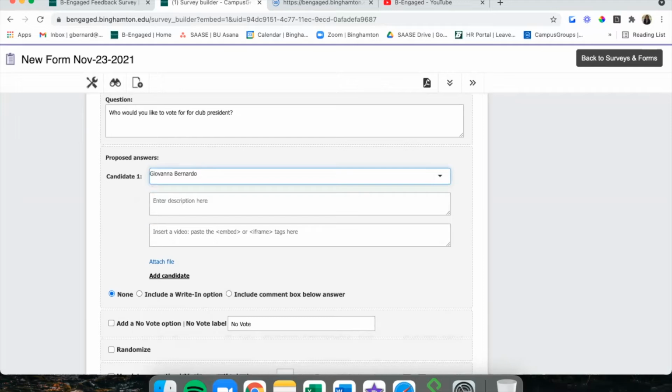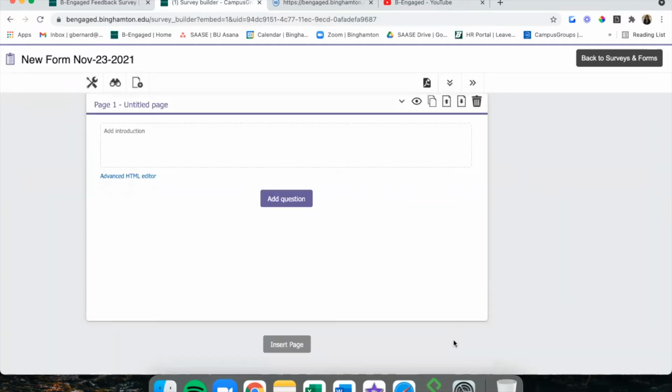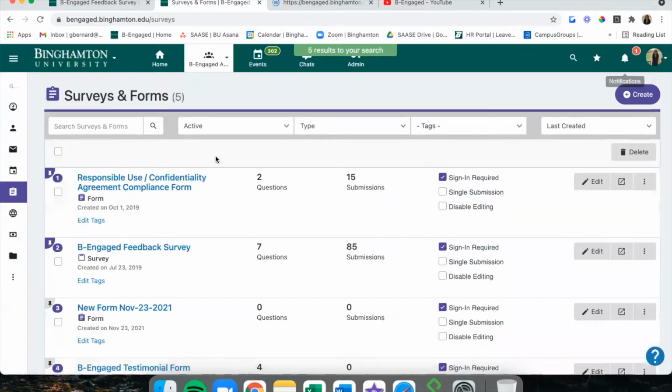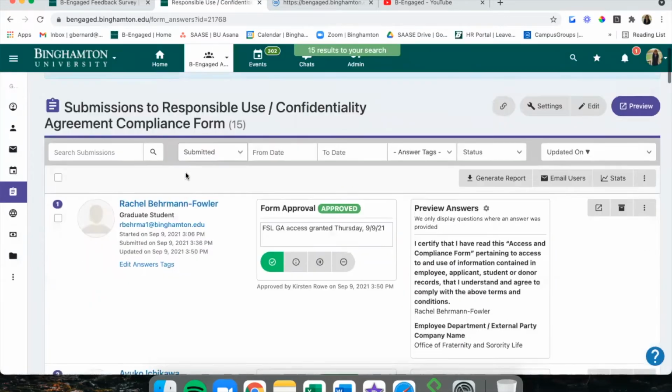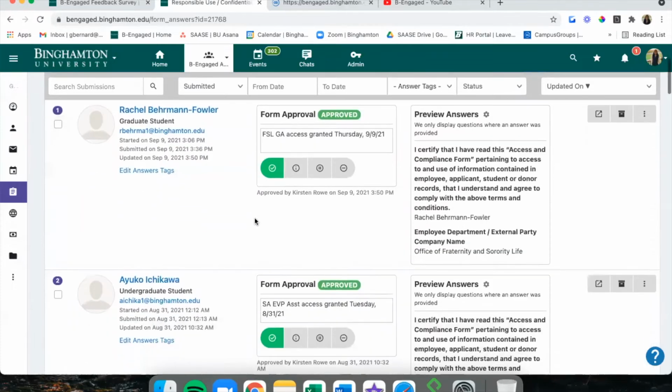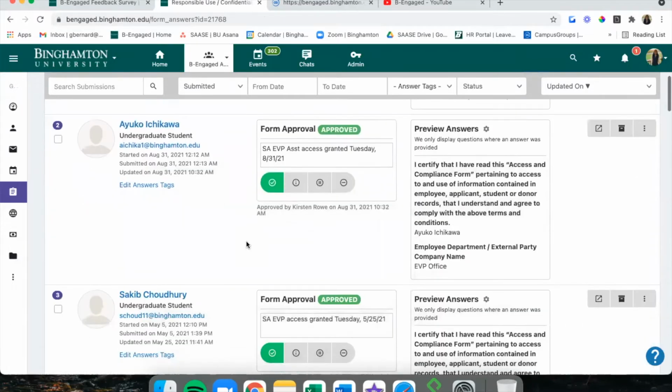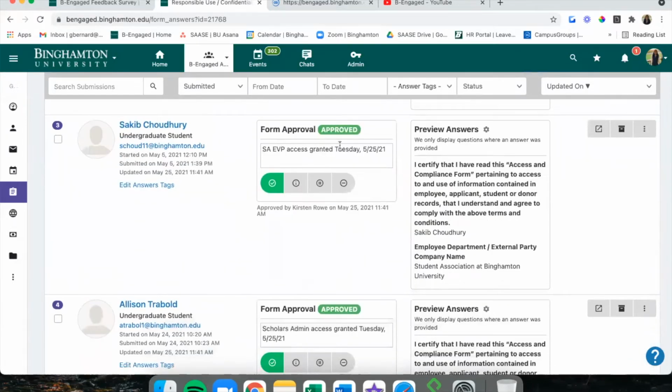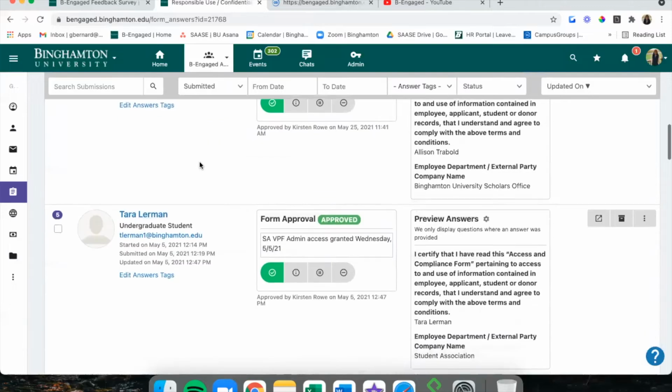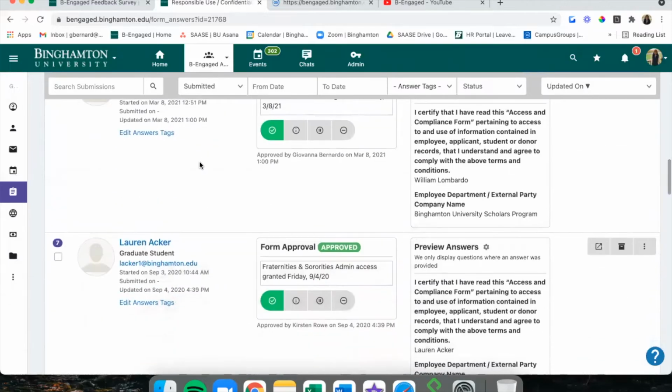You can also search by first and last name. So creating your ballot and sending it out should be no problem at all. And once you're done, you'll be able to assess the results and approve or deny results, as well as include notes right here.